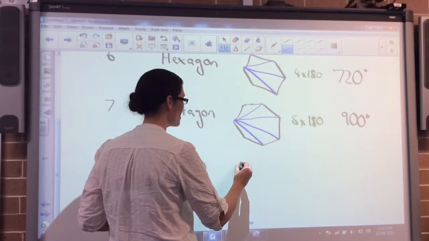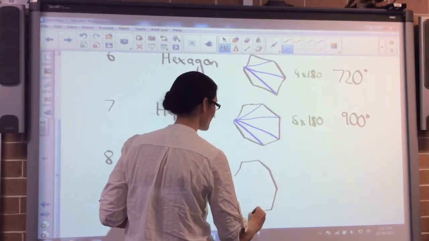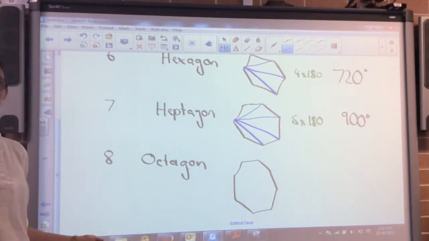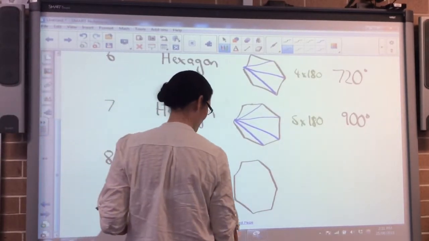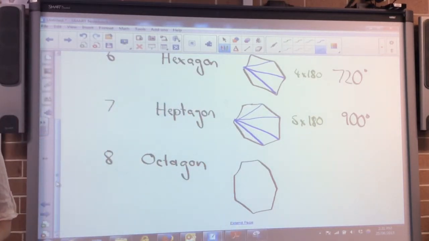Let's draw 8. 1, 2, 3, 4, 5, 6, 7, 8. That's not too bad. Looks like a fat person. Why is the pentagon a pentagon, not